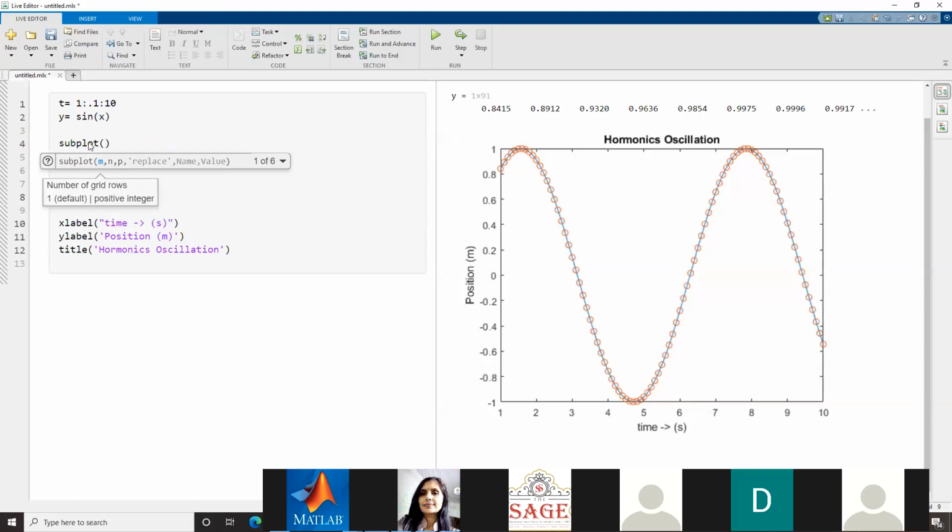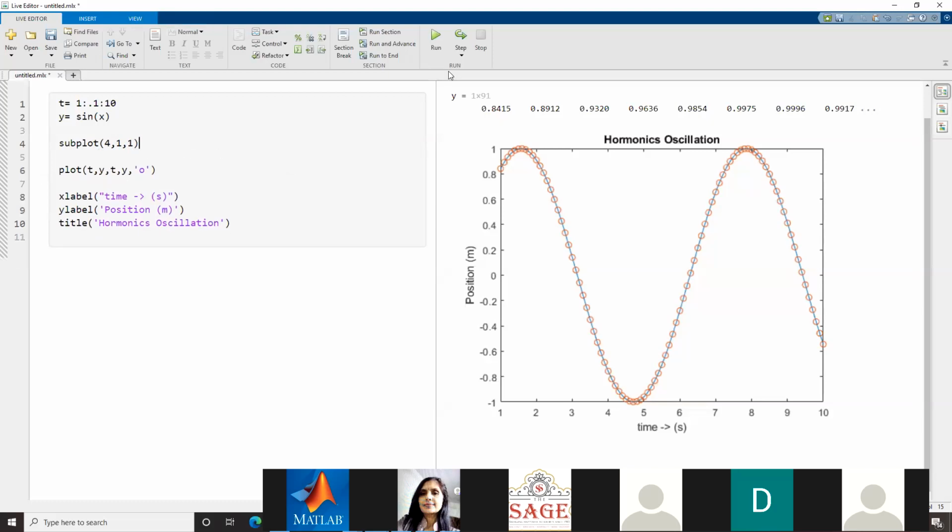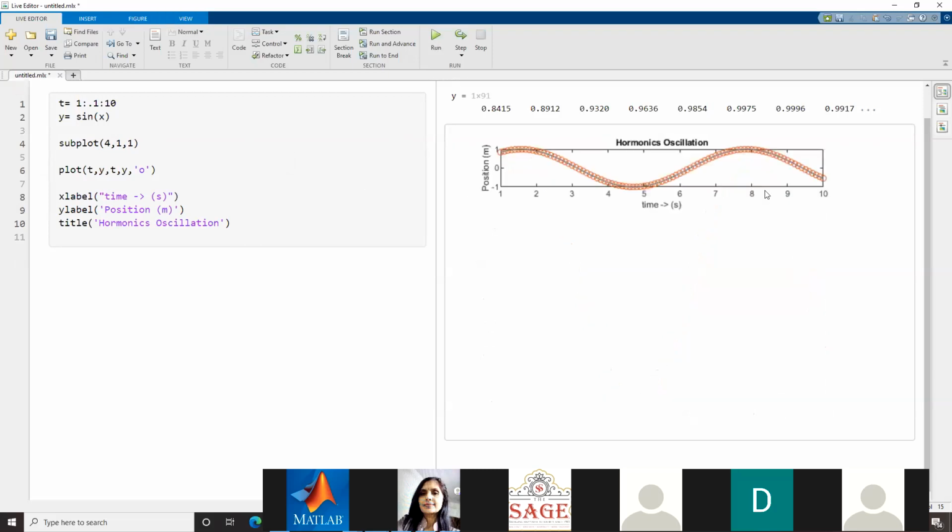Suppose I want to make 4 graphs, so the row will be 4 because it is vertical, and the column will be 1. In the first quadrant, the top one, I want to plot this sine graph. Now if I run it, you can see it is taking a smaller top area because the entire graph paper is now divided into 4 parts.